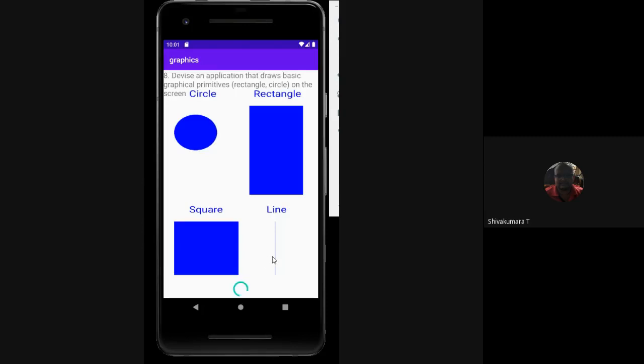Clear? If you want to see the code also, I will give. Clear or not? Yes, clear, sir. But one example is very clear.